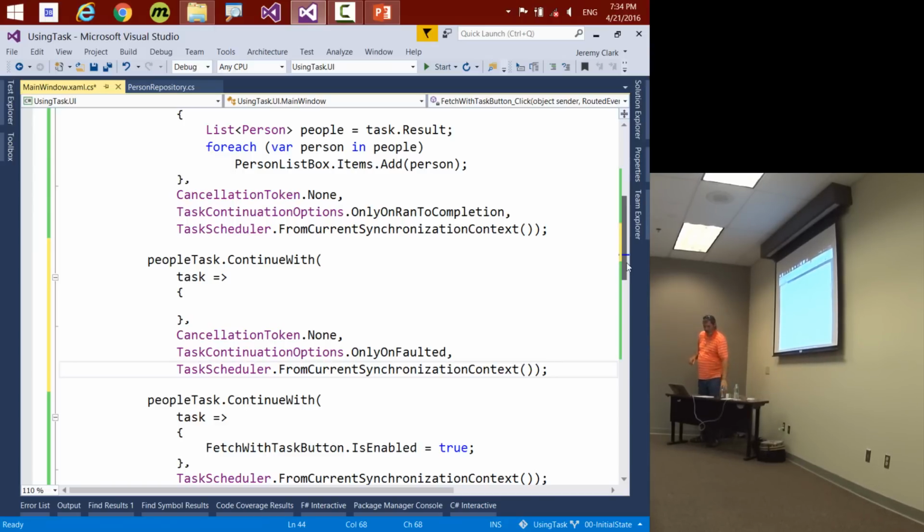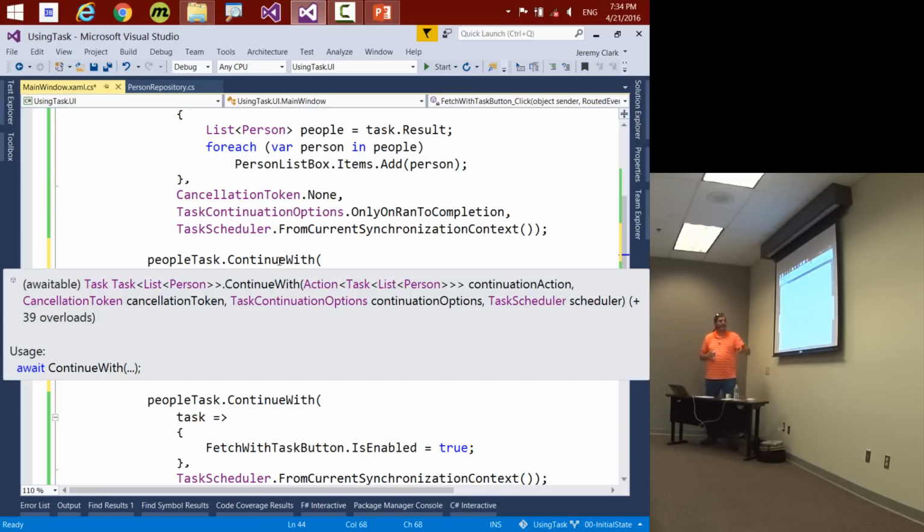Yeah, did you have a question? Can we chain the continue with to the end of the other continue with? So the question is, can we chain these together? And the answer is absolutely yes. Because, as I pointed out, this continue with returns a task. So I could get the result of this first one and say dot continue with this other one, get the result of that and say continue with this other one. Now,